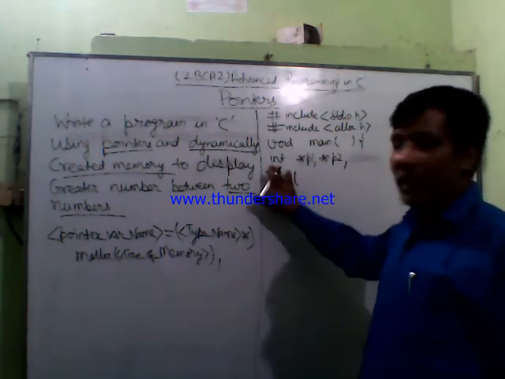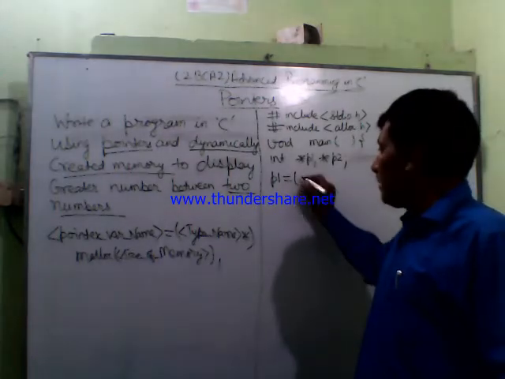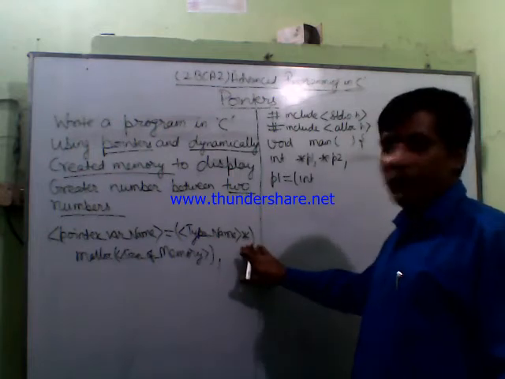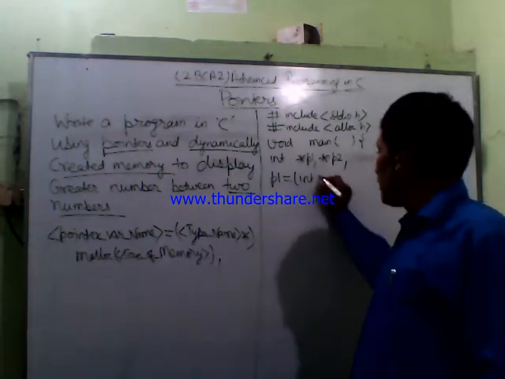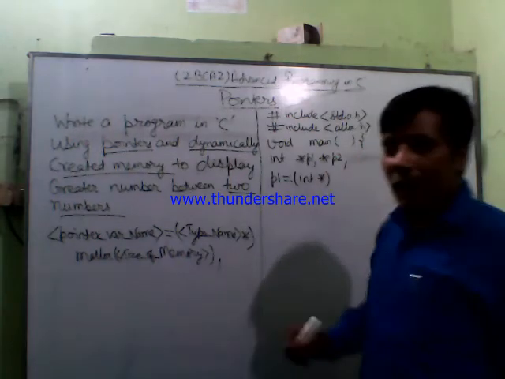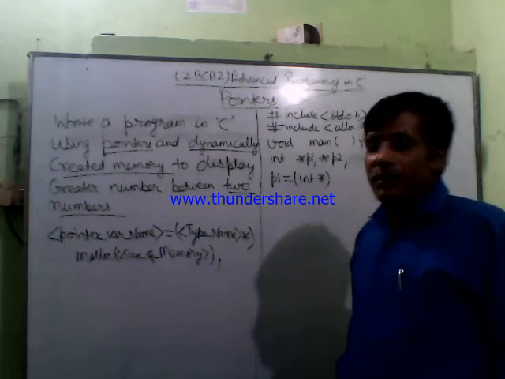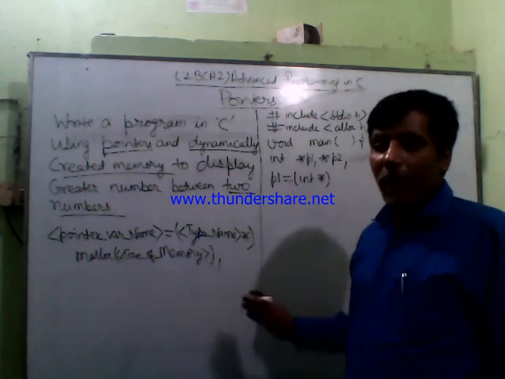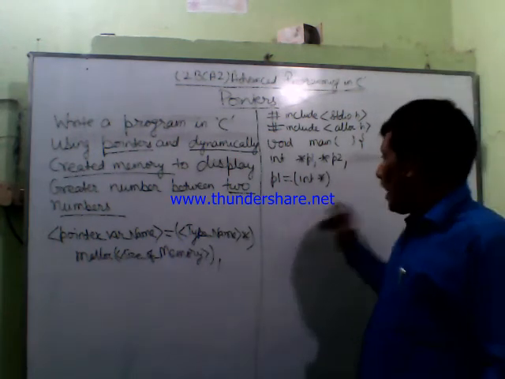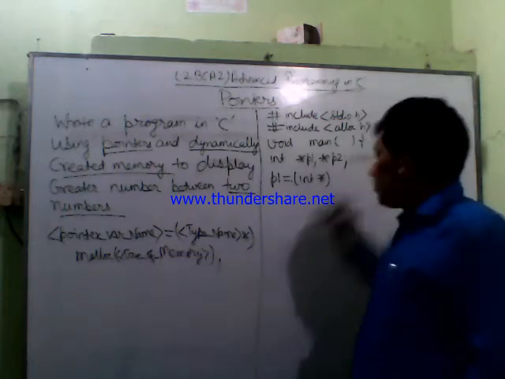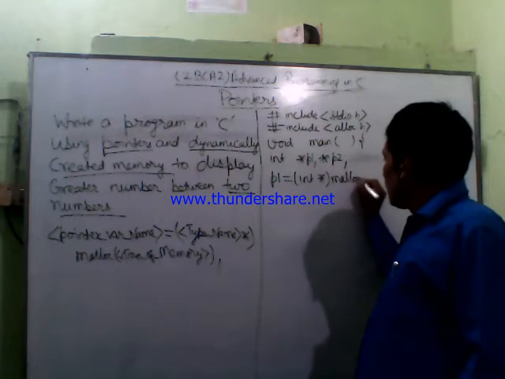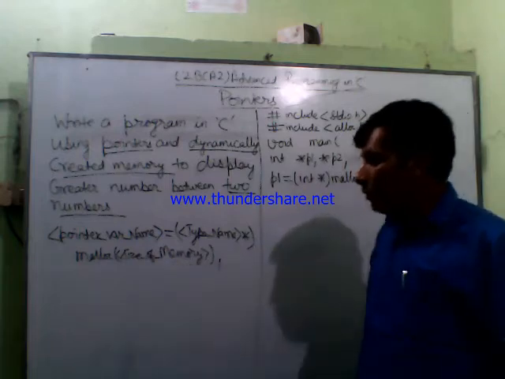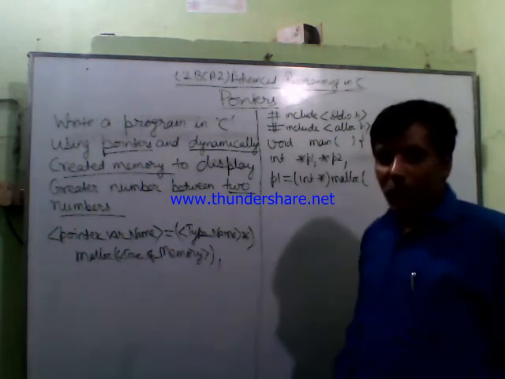The type of P1 is int. So I have to put here the type name as int, and then thereafter I have to put the asterisk, the reference operator. This will typecast the address that malloc will allocate during the runtime of the program into an address of integer type memory. And after that, I have to make a call of the malloc function, and within the parenthesis I have to write the size of memory.